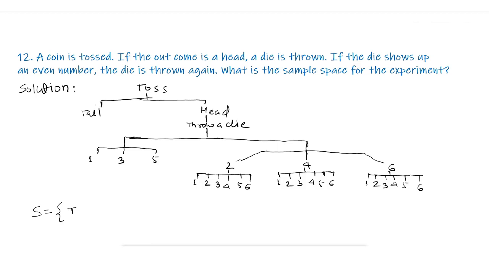When tail comes, our first element is T. Then head comes, so our second element is H1. Then H3. Then H5. Then when an even number comes, it will be H21, H22,